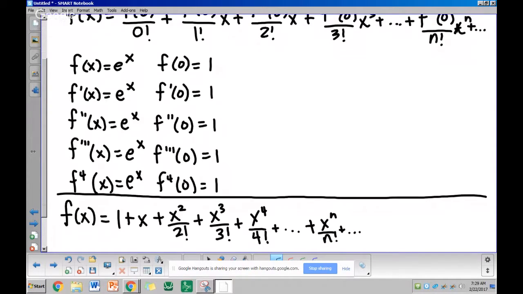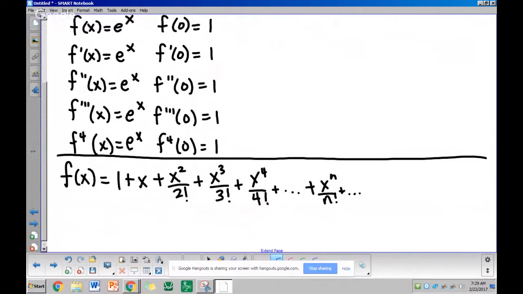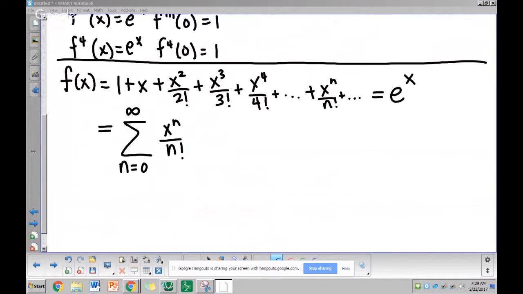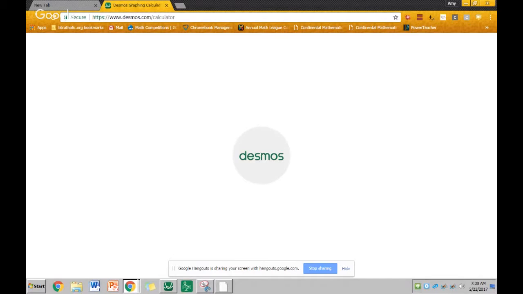All right, so now we've got our Maclaurin or Taylor series centered at 0 for, remember now, e to the x, over whatever the interval of convergence might be. So let's write this in summation notation, starting at n equals 0 to infinity. That would be x to the n over n factorial. Now, in order to see if this works, all of this madness, let's go to Desmos and type in what we know. All right, so going to Desmos,